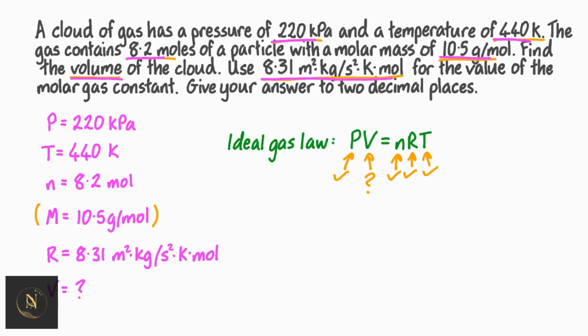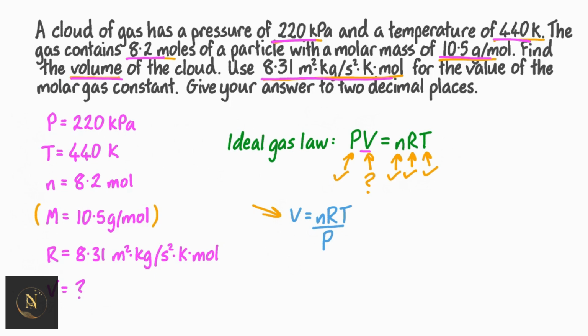Now, we said that the first step is to make V the subject of the ideal gas law equation. To do this, we divide both sides of the equation by the gas pressure P. Then we can see that on the left-hand side of the equation, the P in the numerator cancels with the P in the denominator. This leaves us with an equation that says V is equal to N times R times